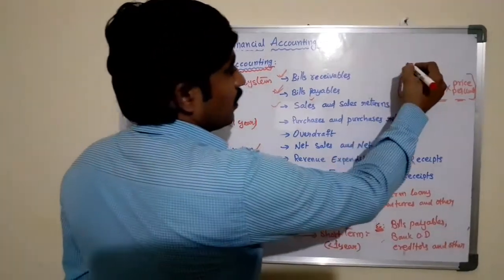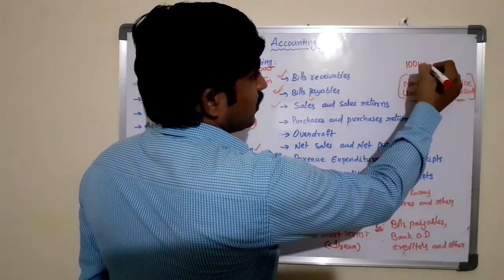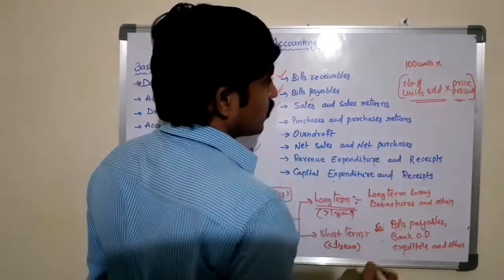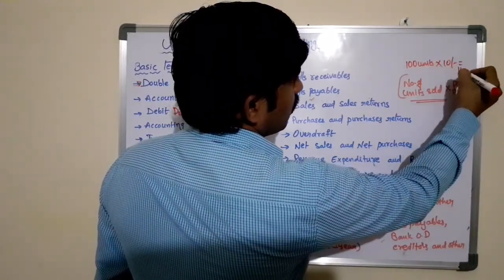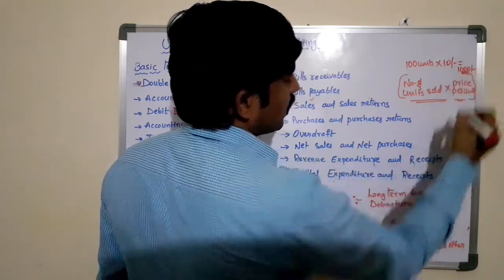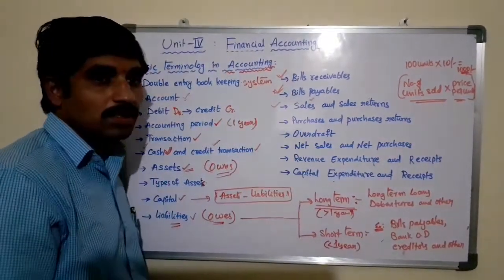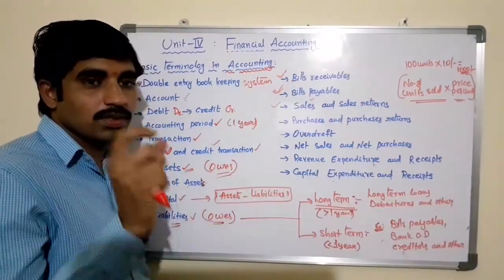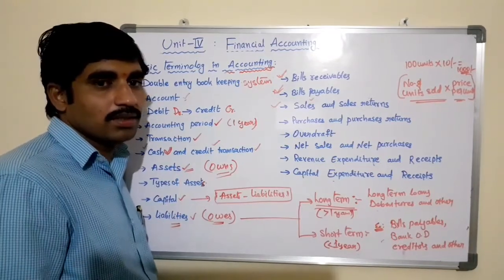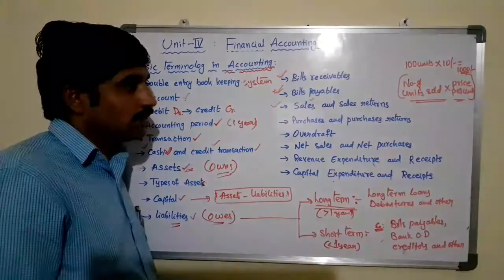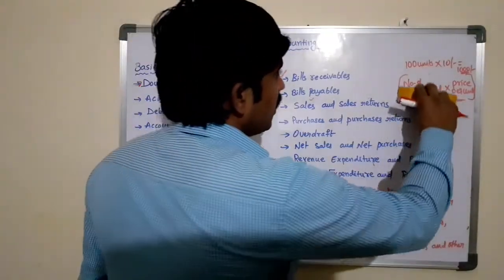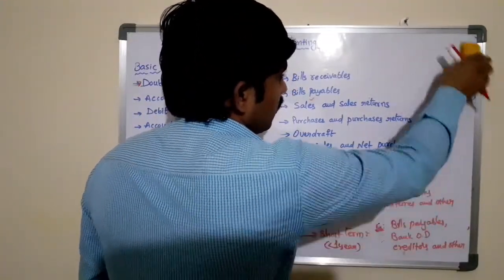For example, if we have sold 100 units in the market at 10 rupees per unit, the total value is 1000 rupees. This is called sales. The total sales proceeds during the particular accounting period is known as sales. Whereas sales returns means